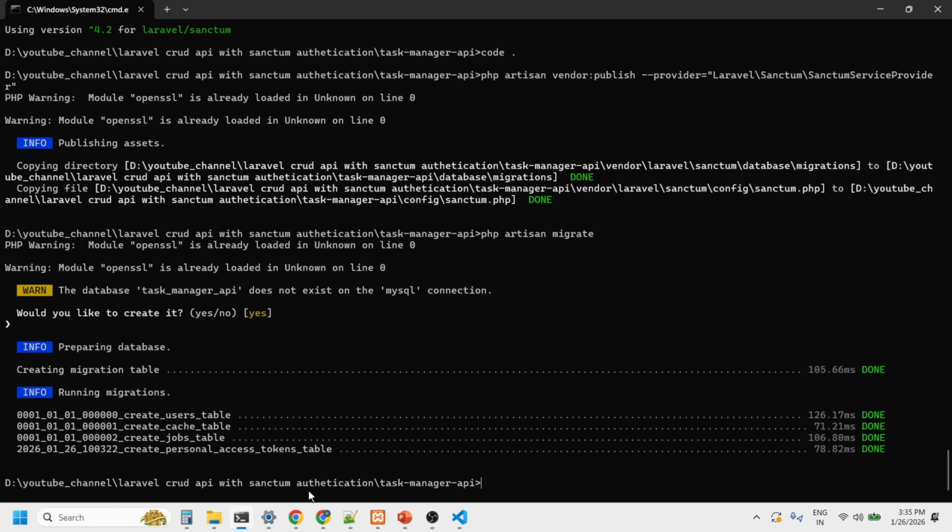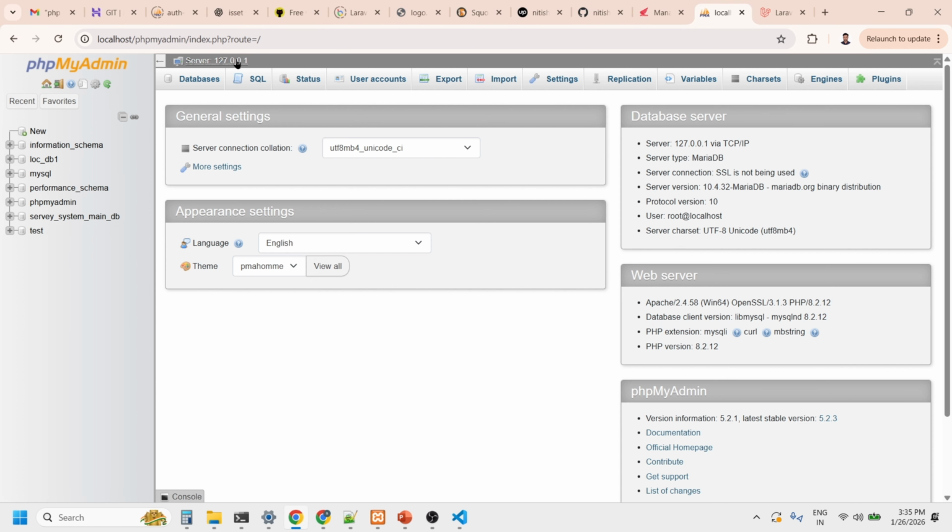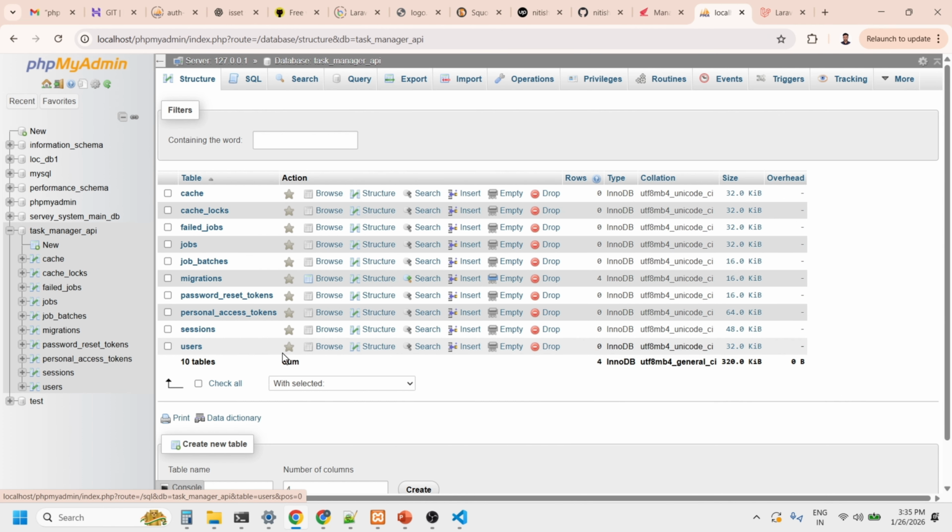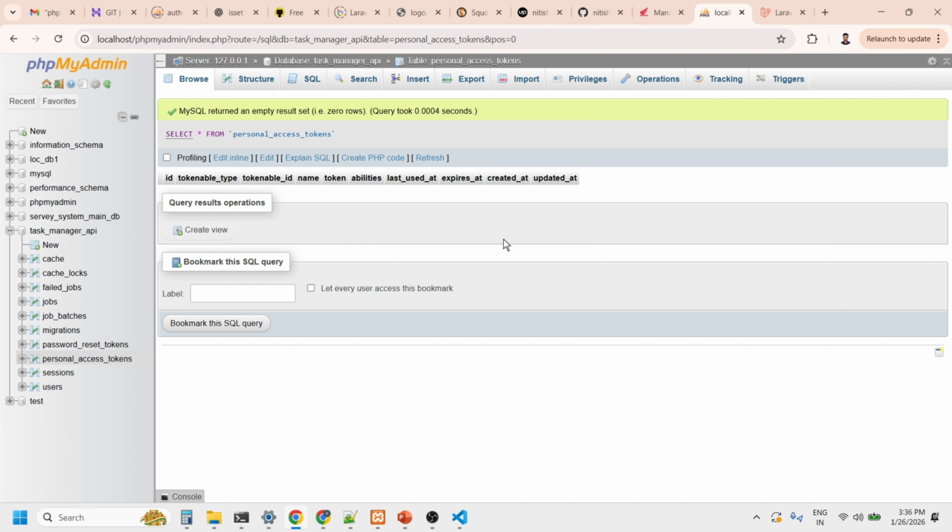We are just going to phpMyAdmin. When I refresh it, you can see the database is created, and by default the tables are also created. You can see approximately 10 tables are created, including this one, personal_access_tokens. When we start a session for any user login, the Sanctum token ID, token type, and every data is updated in this DB. In a coming video we will see that.